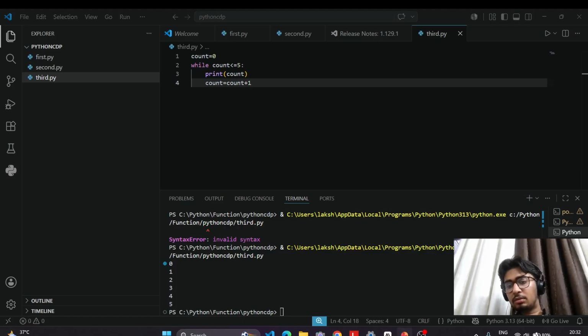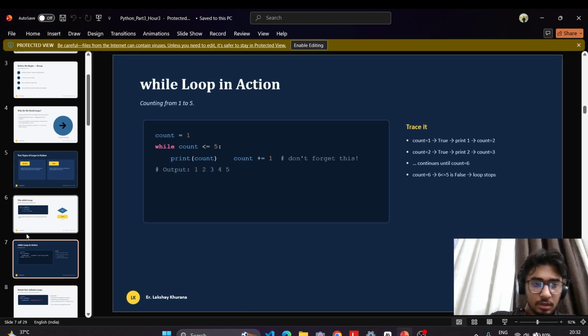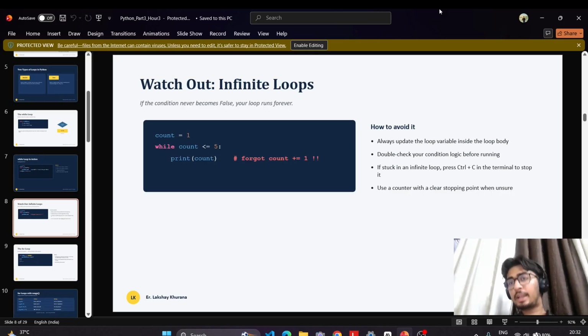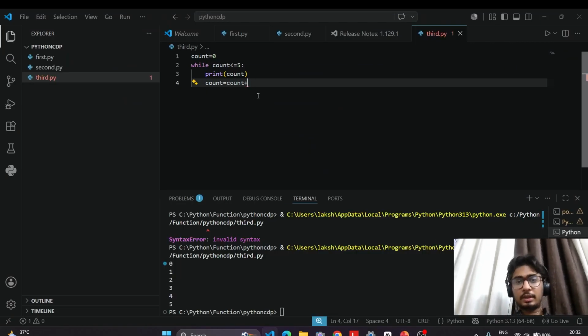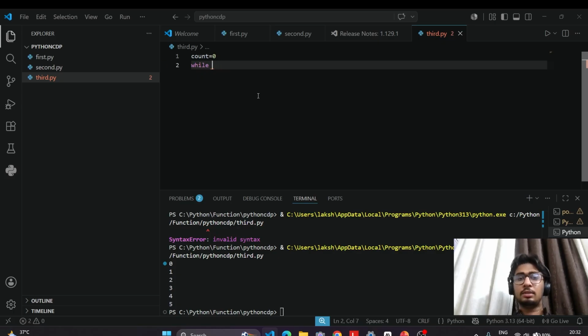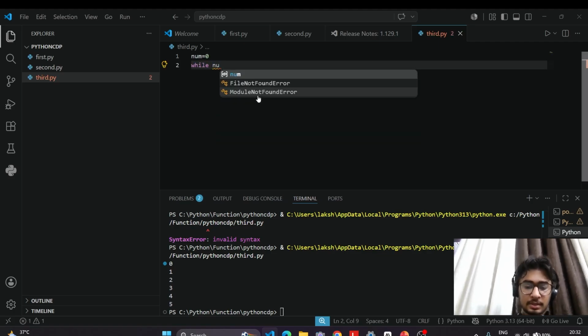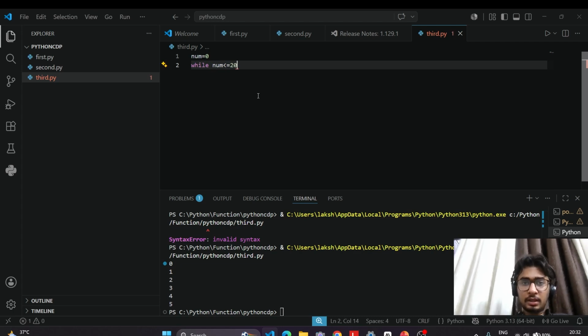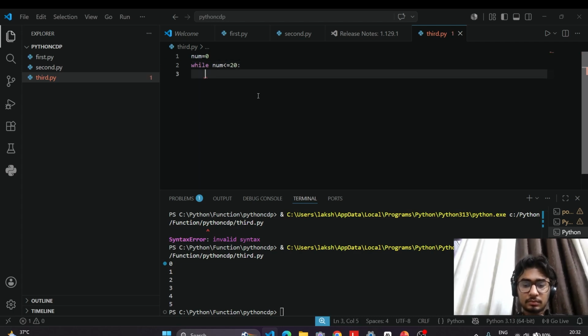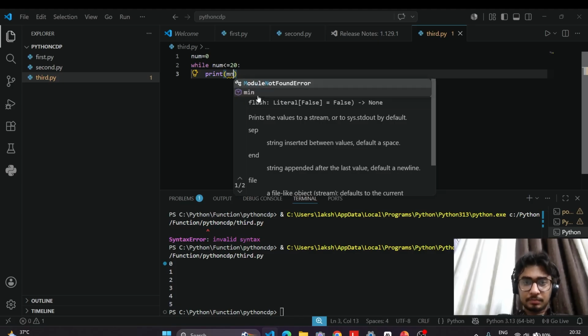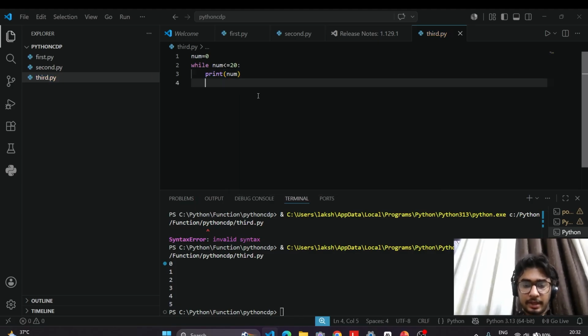ठीक है, तो एक और एग्जांपल देखेंगे हम इसका। For example, I want to print a number from 0 to 20. So while I will take one more variable num equal to 0, while num is less than equal to 20, print num and num equal to num plus 1। तो अभी क्या करेगा, ये num की वैल्यू एक एक से बढ़ाता भी जाएगा और एक कंडीशन भी चेक करेगा कि num की वैल्यू लेस देन इक्वल टू 20 है क्या नहीं है।